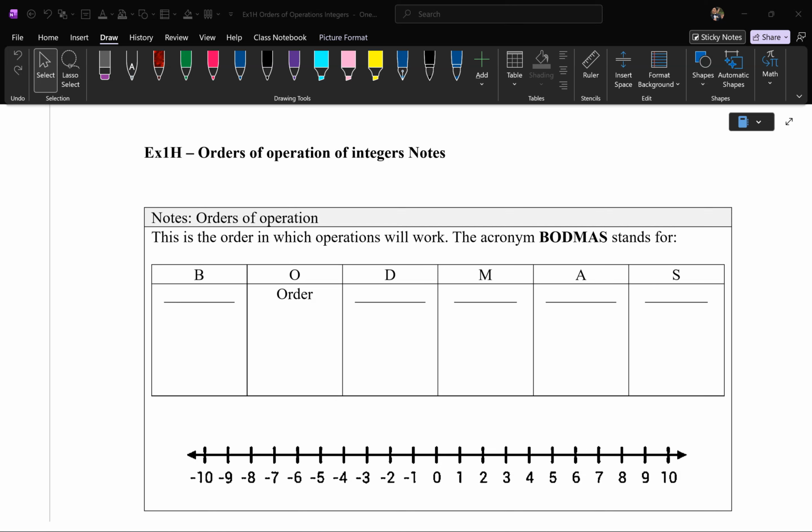And it's recording now. Okay, so exercise 1H is reliant on the fact that you have so far at least